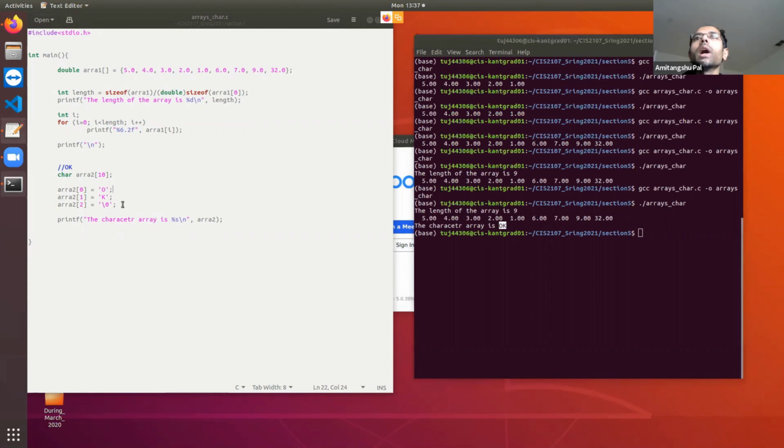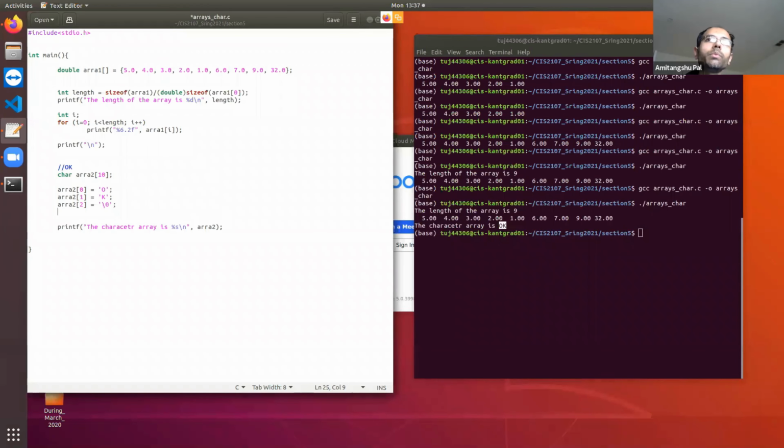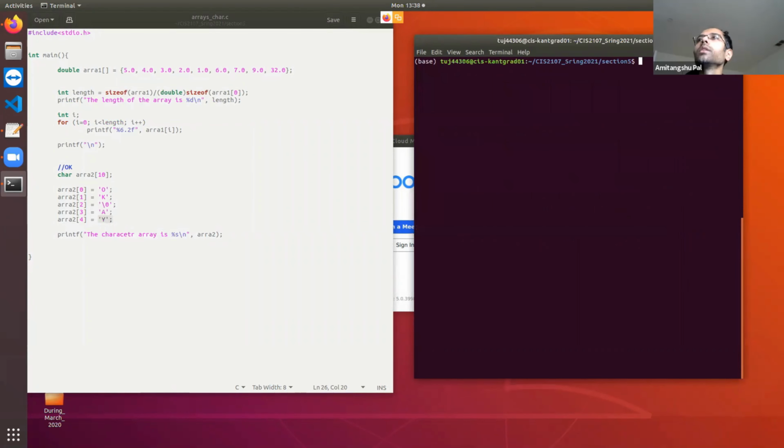So after this termination character, even if you put some elements, say array 3 equal to 'a', and after the termination character you even put 'ay', still your compiler is not going to print ay.